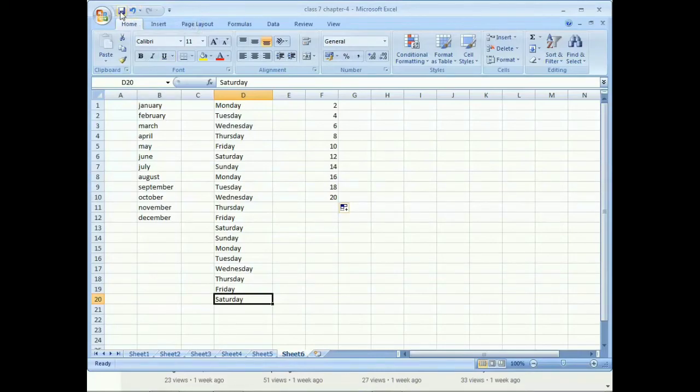Suppose that I want to cancel some changes I have done before. I'll click on that option. Now we can see I had written something here, so that data we have cancelled.